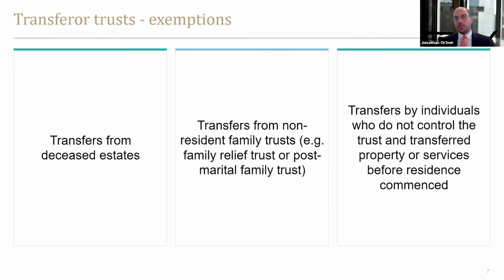The final exemption that you can see is what I like to call a pre-migration transfer, so that an individual who, as a non-resident, transferred property or services to a foreign trust estate, if they commence residency in Australia, then so long as they don't control that trust estate after commencement of residency, they won't be taken to be an attributable taxpayer. But what's important to bear in mind is, number one, as I was saying earlier, if that individual